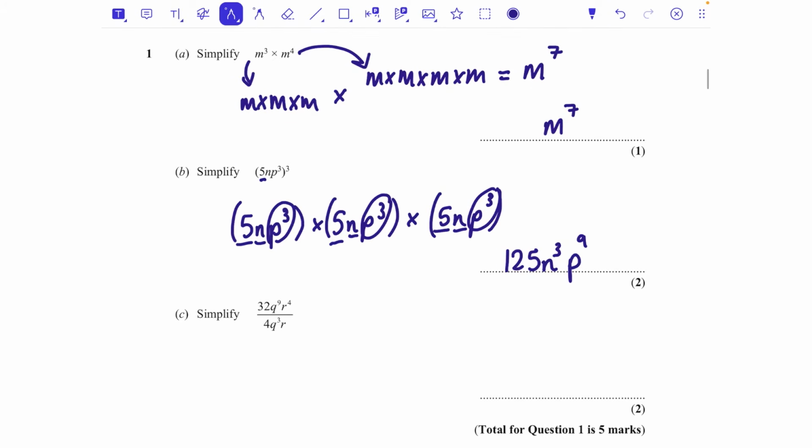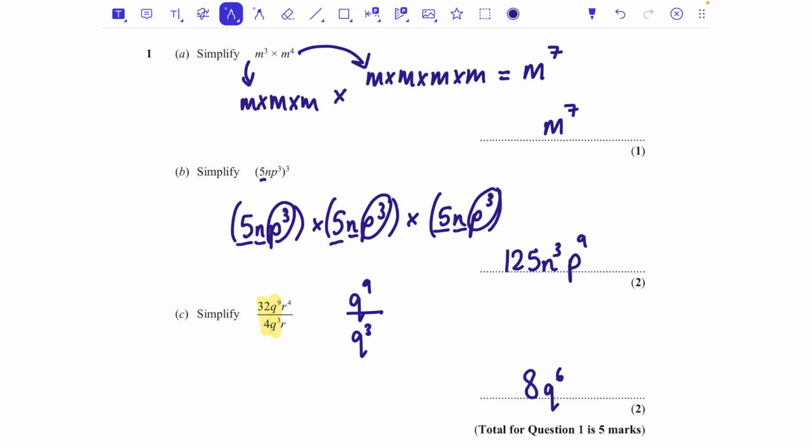For part C, 32 q to the power of 9 r to the power of 4 divided by 4q to the power of 3 r. So we're going to look at each bit in turn. So I'm going to start by thinking about the 32 divided by 4, and that's going to give me 8. Then I'm going to do q to the power of 9 divided by q to the power of 3. When you divide, we take away the powers. So q to the power of 9 divided by q to the power of 3 is q to the power